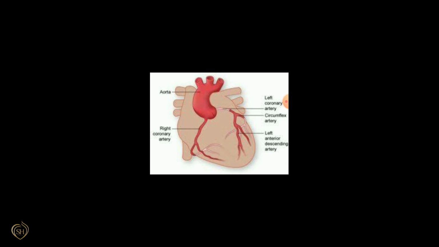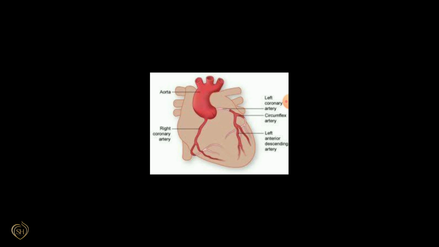Then, do you know when there is a blockage in any coronary artery or its branches, what happens? It is a problem for the muscles, leading to myocardial infarction, that is popularly called heart attack. The coronary veins collect blood from the heart walls and pour it into the right auricle. And angina pectoris is a chest pain due to the insufficient supply of blood to the heart muscle.